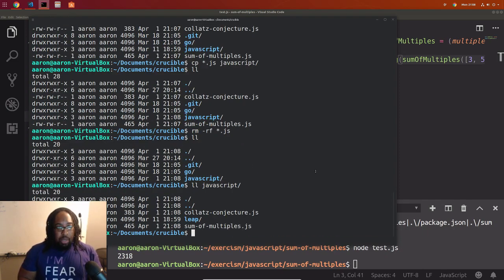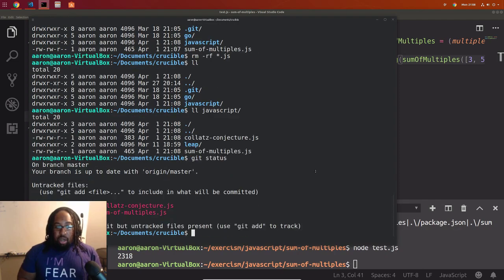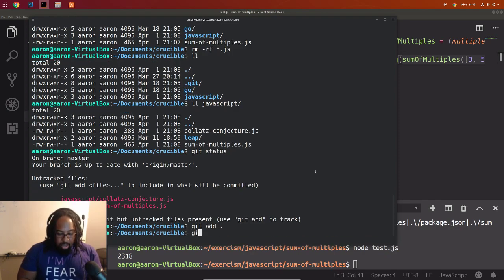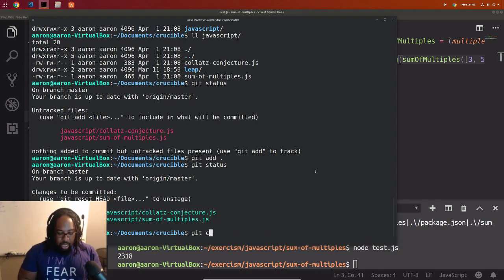Cool. And we can do git status. You guys can see this sweet git rocket shoot off. I think I have it installed. So we're going to add these. Get used to running git status. Get comfortable running git status. Git commit -m.